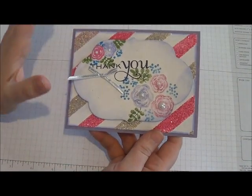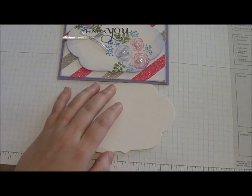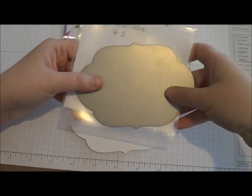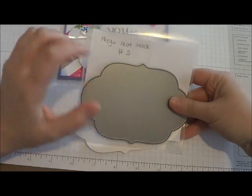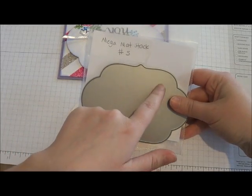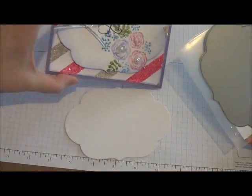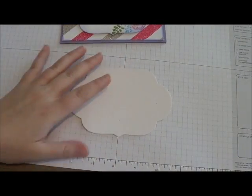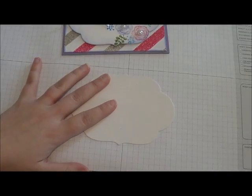So we're going to start with this piece right here. This is the Mega Matte Stack number 5 from Paper Tray Ink. It's the biggest one you can get. The regular one is a lot smaller, and the layer one layers onto the regular one, and then the mega one, like you can see, pretty much fills the whole front of a card. So we're going to use that to put our pieces on, and then we're also going to use the Tim